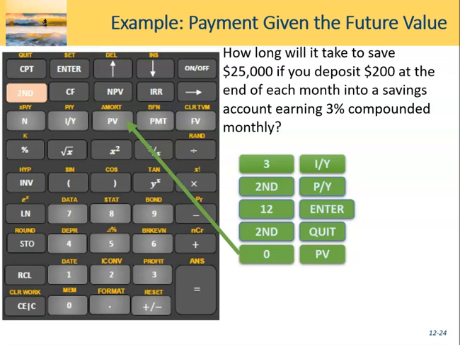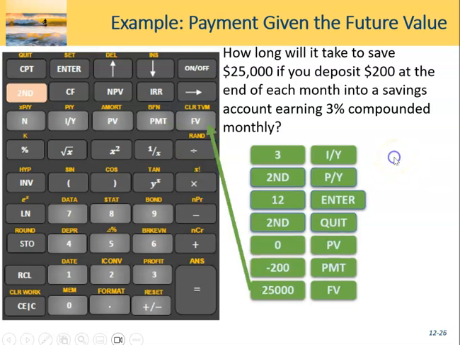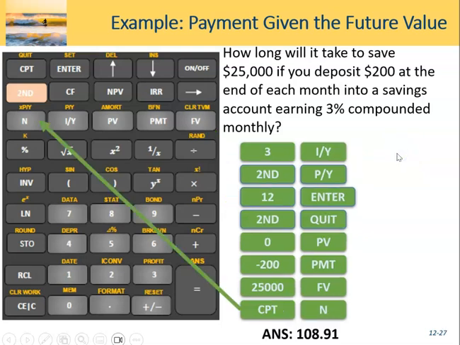0 present value. We don't have any in there now. We're only going to be making payments at the end of each month. We know that the payment is going to be 200. So again, see, it's going in as negative 200. That's because the payments are going out. Don't forget to put that as a negative, or you will most likely get an error on your calculator. We know that the future value we want to attain is 25,000. And then we've got compute N, and the answer is coming up